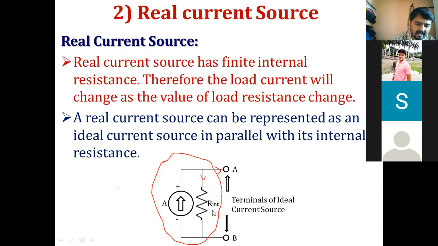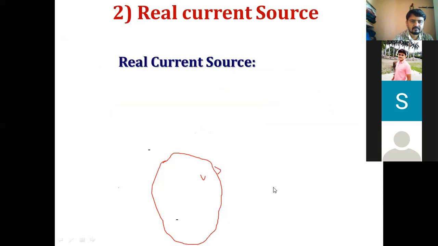If the current source is in parallel with a resistance, then we have to consider this one as a real current source or practical current source. If only this symbol is there, with no parallel resistance, then we can consider that one as ideal. But the ideal source does not matter much in this subject. Only for the definition purpose we are studying the ideal current source. Whenever we start to solve problems, we are going to consider the practical current source only. Is it clear? Yes, sir.